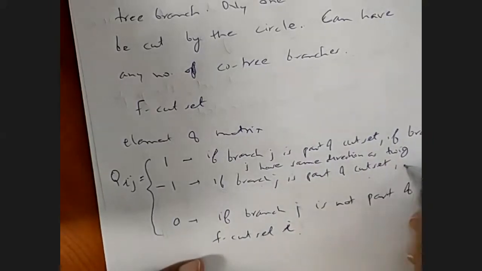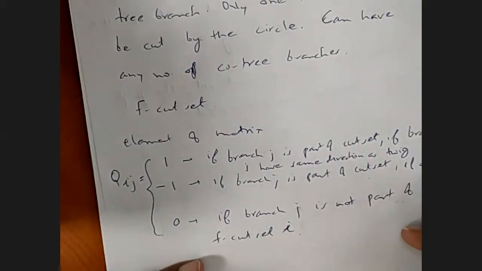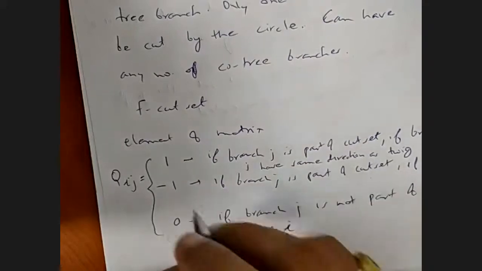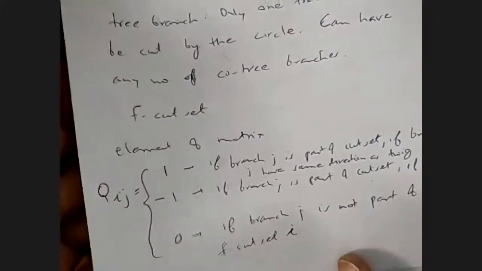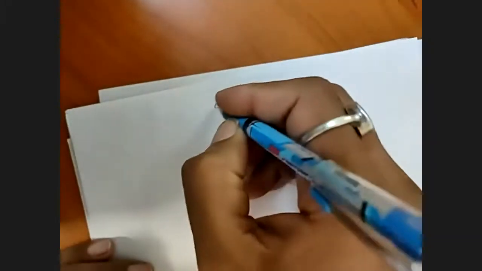If opposite, then -1. So this is how we will be drawing the cut set. So our network which we will be discussing,